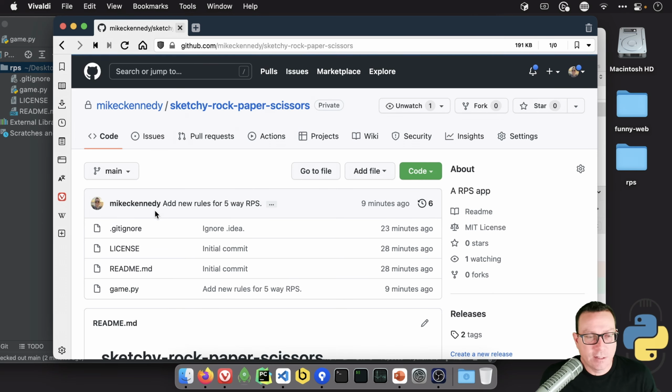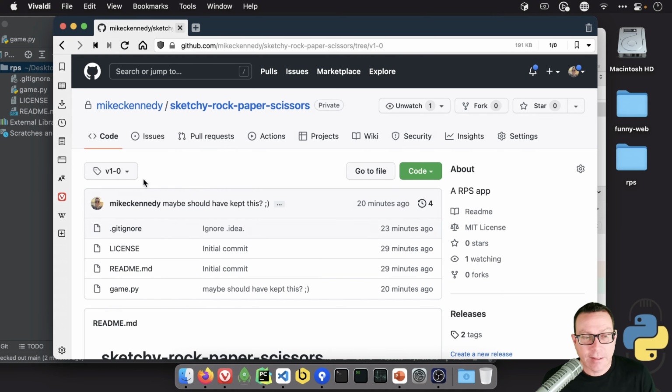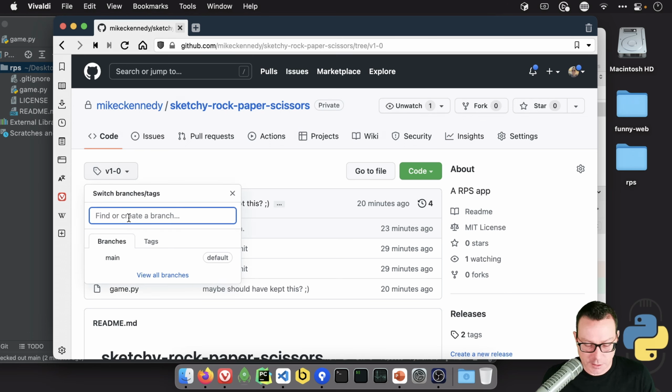So let's go back over here, and I want to go to tag, click on V1. And then in this section, this is sort of where you manage branching. I can say I want to create a new branch. Depending on how you want to think about it, you might want to call this like some kind of bug fix and then tag the result. So I'll say bug